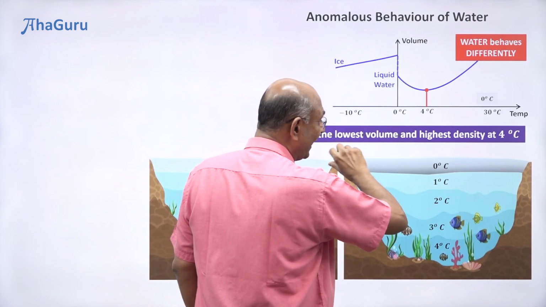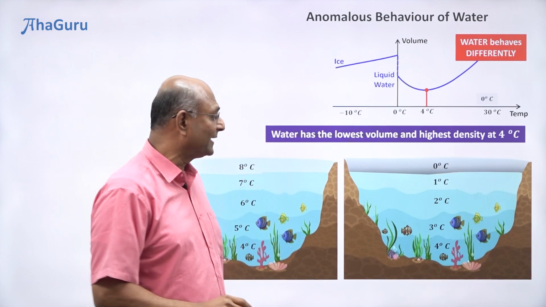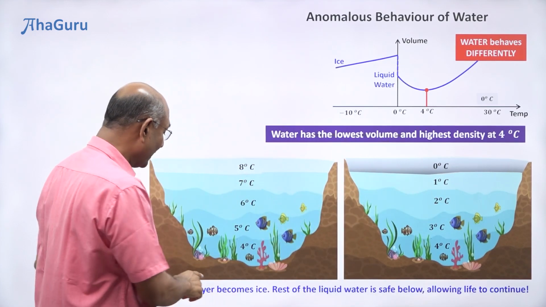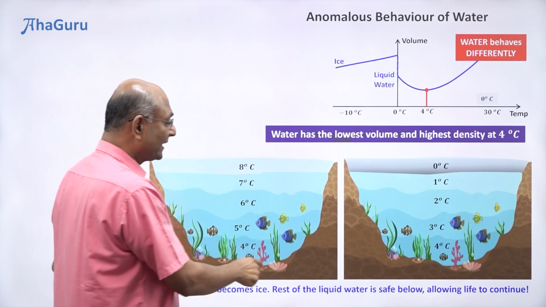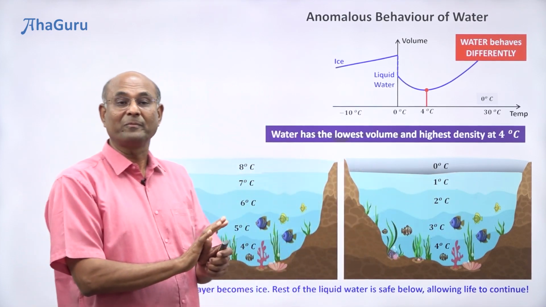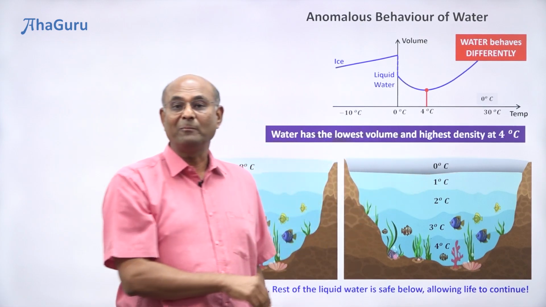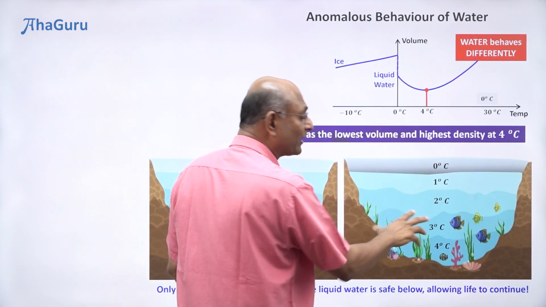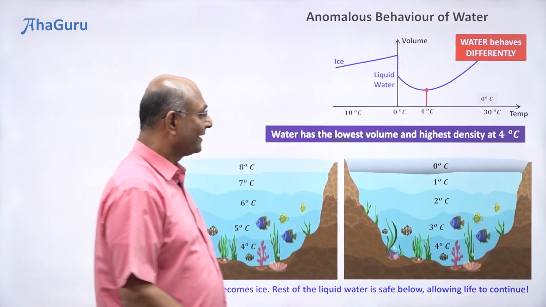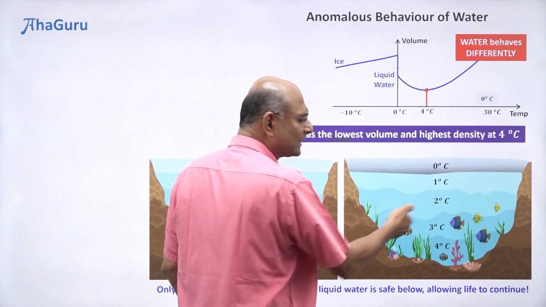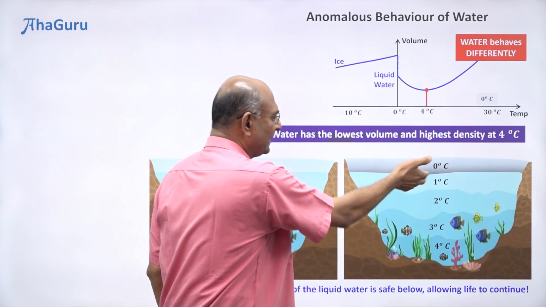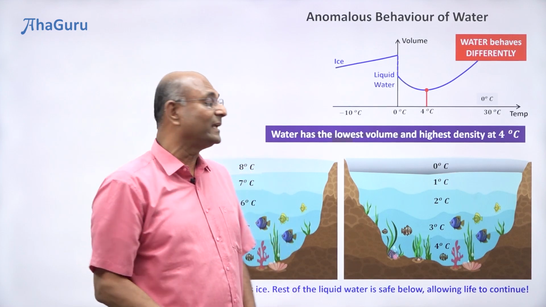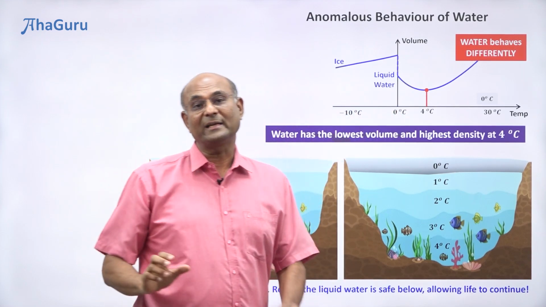And because you had the top layer freezing first and all these are protected, this entire water inside, only the top layer becomes ice. The rest of the liquid water is safe. So fish can basically happily move around, plants can continue to be there. So throughout winter, this water remains water. And at what temperature? A lot of it at the bottom will be about 4 degrees. And here you have 1 degree, right? So you have this variation. But so you can have life continuing here. Only the top layer has frozen.